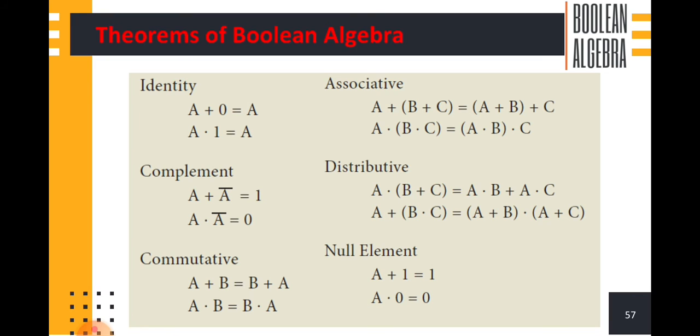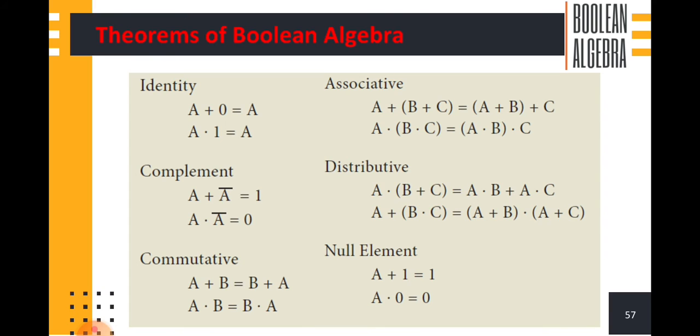For example, we substitute the value of A as 1 and B as 0. 1 plus 0, what is the output we get? 1. 0 plus 1, what is the output? The same output 1 will be produced. That is, when we interchange the variables, the values do not change. A plus B equals B plus A. In this equation, we are interchanging the position of the variable B. In the first expression, B is placed in the second position. In the second, after the equal symbol, B is placed in the first position. There is no problem. We can change the variables and we get the same value only. So this is the commutative law.